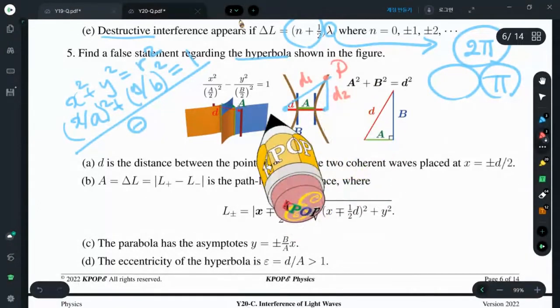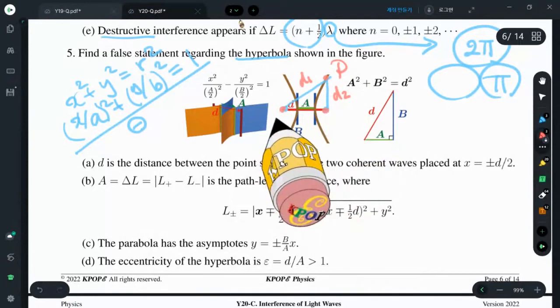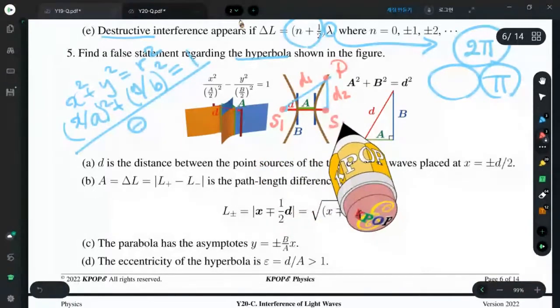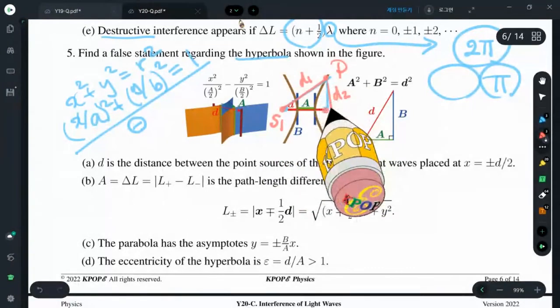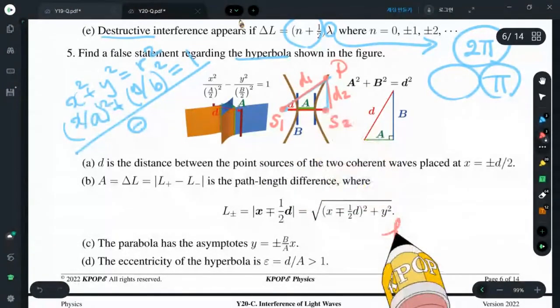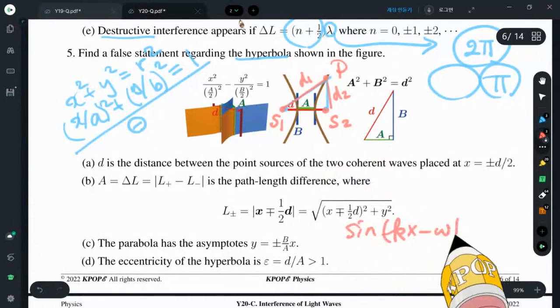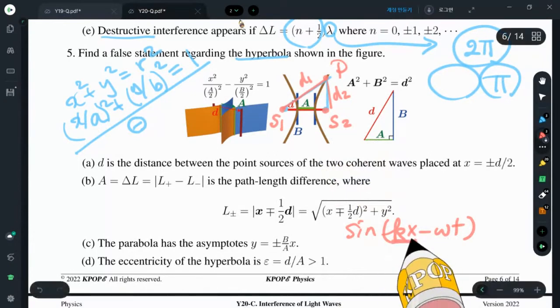This is a point P, and these are point sources, source 1, source 2. This D1 and D2 determine the point where sine of kx minus omega t fluctuates. So